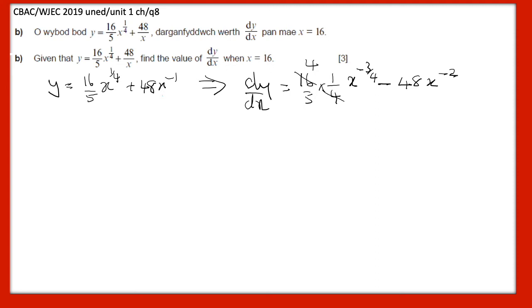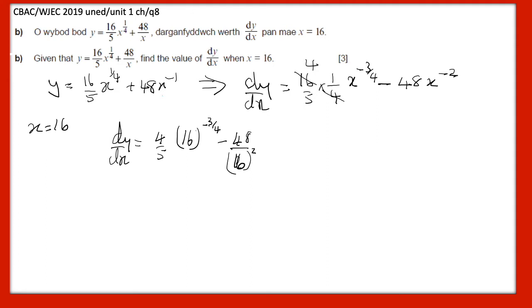Now, it's not a bad idea, so when x equals 16, dy by dx is going to be 4 over 5, 16 to the power minus 3/4, which your calculator will happily deal with, minus 48 over 16 squared, which is 4/5 times 1/8, minus